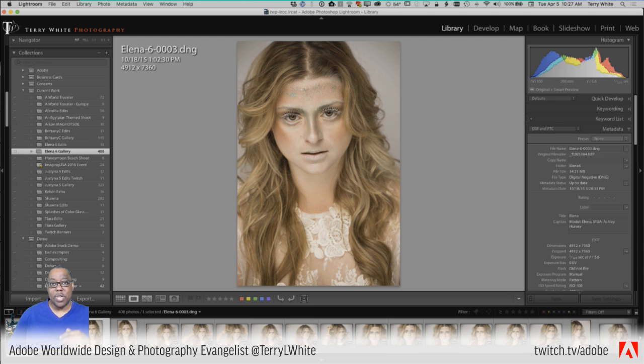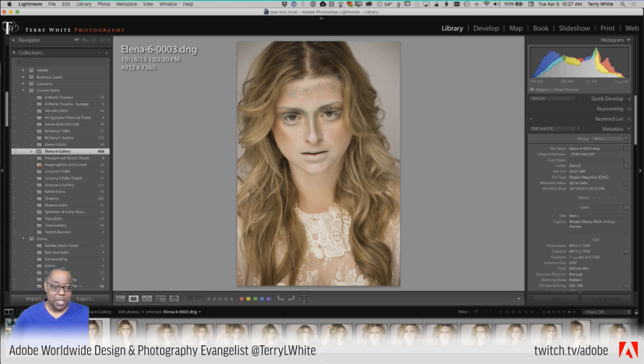So for people that want to review faster, meaning you don't want to click, hit two buttons, three buttons, if you're going to stick to one kind of method, meaning I'm either going to mark it a pick and go to the next one, or mark it a reject and go to the next one, or do a color label and go to the next one. If you're going to stick to one thing or one set of things, meaning you always want one thing done to the photo, then you can put your caps lock key down, which I just did, and now whatever you choose, it will automatically advance to the next photo.